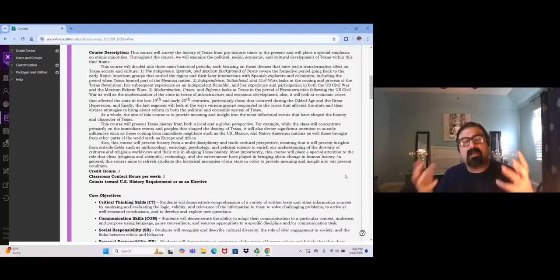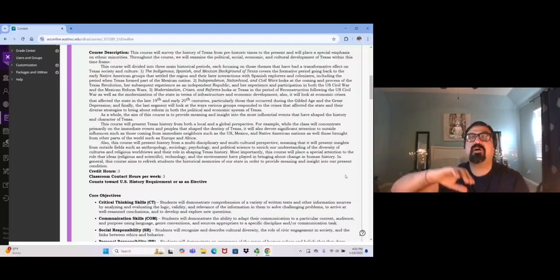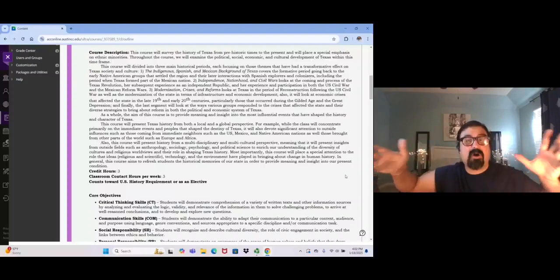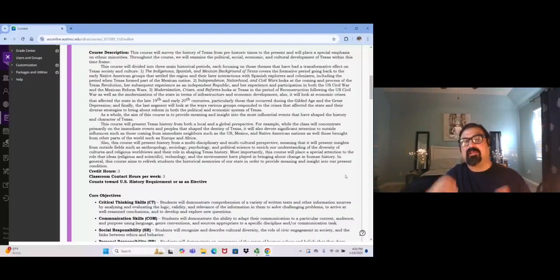And they're also going to become very politicized, and they're going to find common ground with the industrial working class and create a third political party called the Populist Party. So again, industrial workers in Texas as well as farmers are now entering the world of politics, and they're called the populists. Yeah, and they're going to challenge the two main political parties, Republicans and Democrats, again, for bringing about